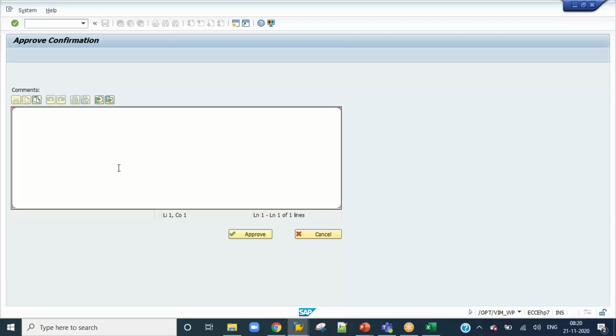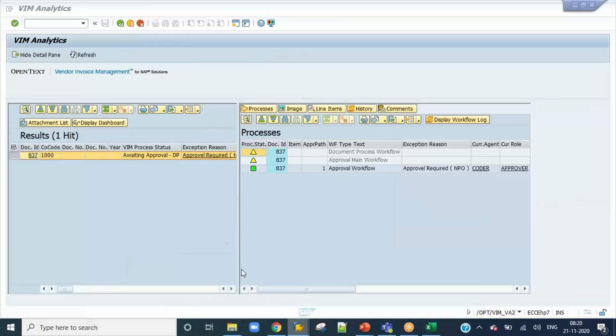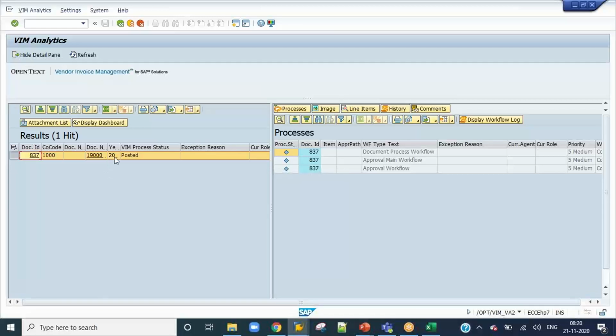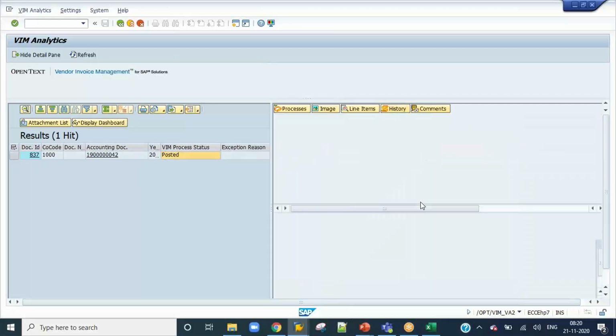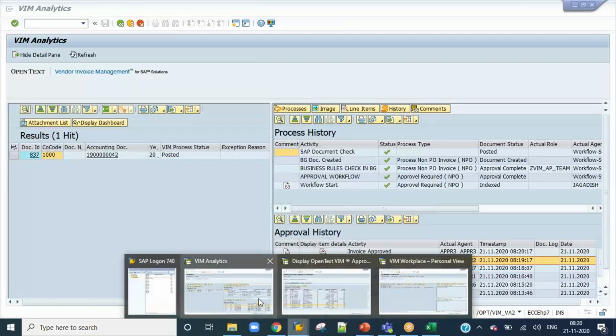See, he is the final level approver. Approved. That's it. The approval workflow is completed and it will be moved to posted. If all the things are fine, then it will be posted. See, the invoice is posted. You can see in the history overall approved, all those details. Okay, so next, same way, if I go to parallel approval,